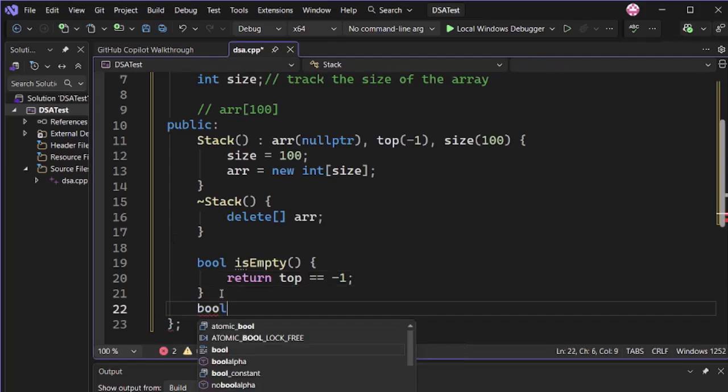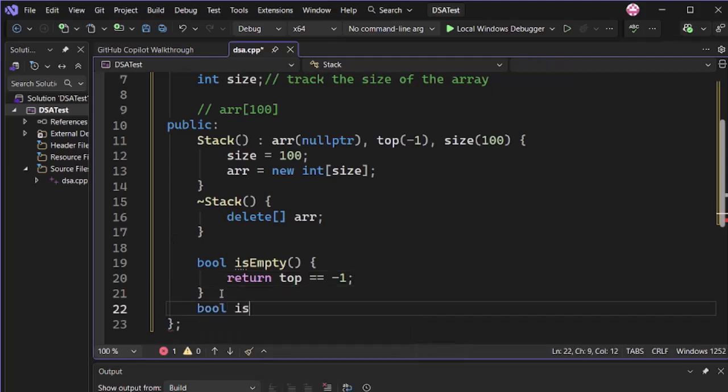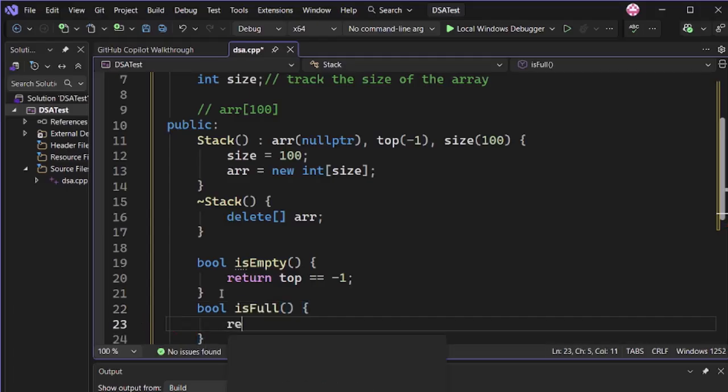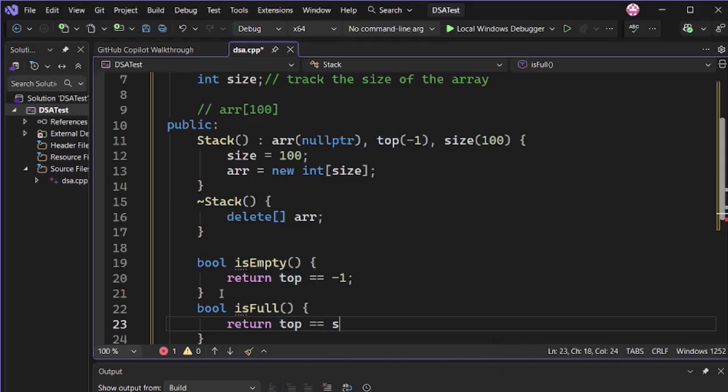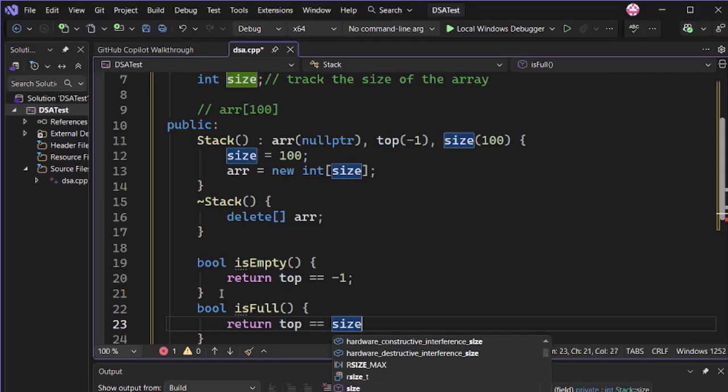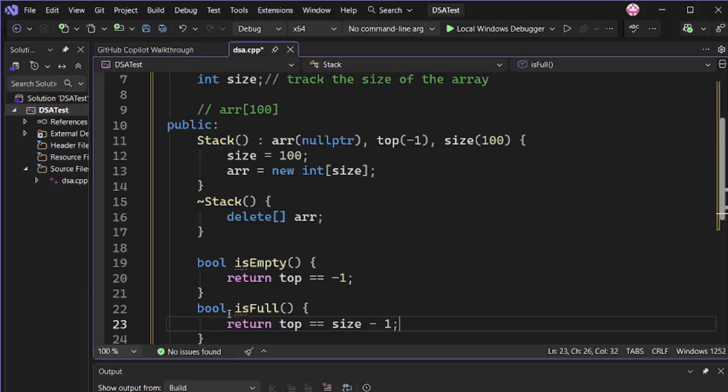We're going to make this a bool as well, and we're going to say is full. And for this, it's pretty simple. Return top equals size - 1. So this here is just basically saying if the top value equals the size of the array. So if the size of the array is 100, -1,